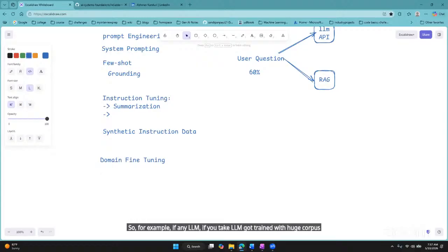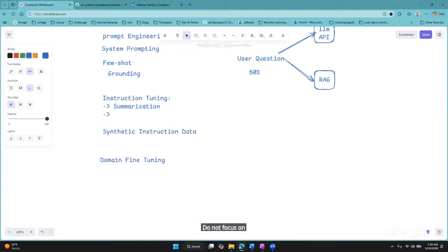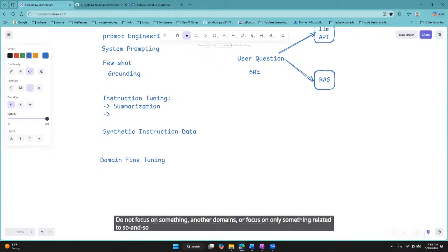So now it might consist of information which belongs to different kinds of domains, right? So now you are explicitly saying that do not focus on other domains, or focus only on something related to so and so domain. Or if your external data set has some metadata, then you can narrow down